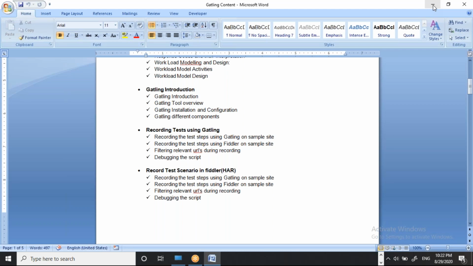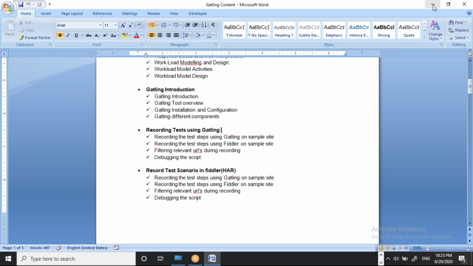Actually, if you are a performance engineer, it doesn't matter whether the application is an e-commerce application or a banking application. It doesn't matter for you as a performance tester. According to your scenario, if you are able to write your request in your tool, that is enough.